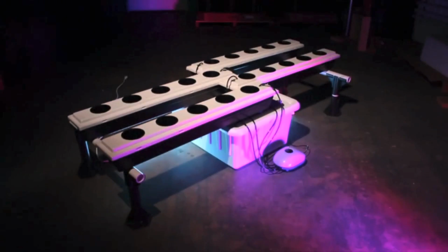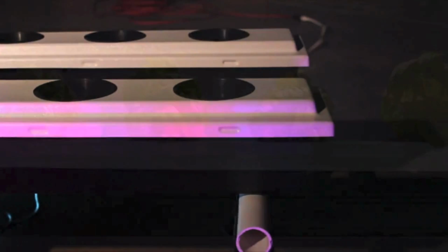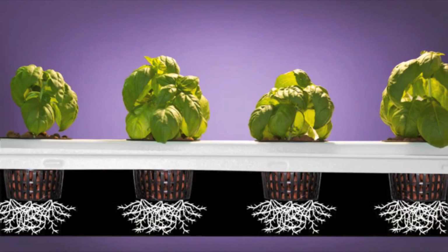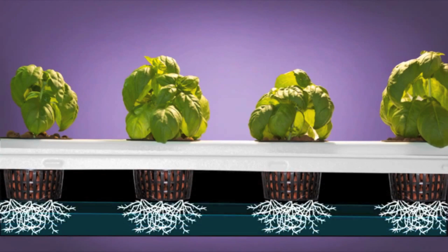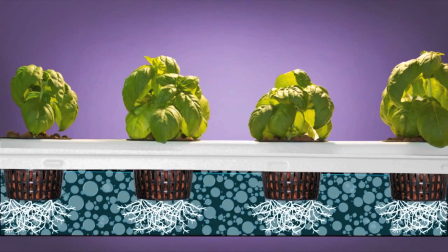This is quickly becoming known as the absolute best aeroponics system. It's the world's first non-clogging aeroponics system that grows your plants incredibly fast with no issues and hardly any maintenance. Now the way the Superflow system works is water is drawn up on and off. It fills up this reservoir as it's a combination of aeroponics, NFT, and ebb and flow. It runs across this foot-long air stone, oxygenating the water, bubbling up into the roots, creating a moist, almost fog-like environment,